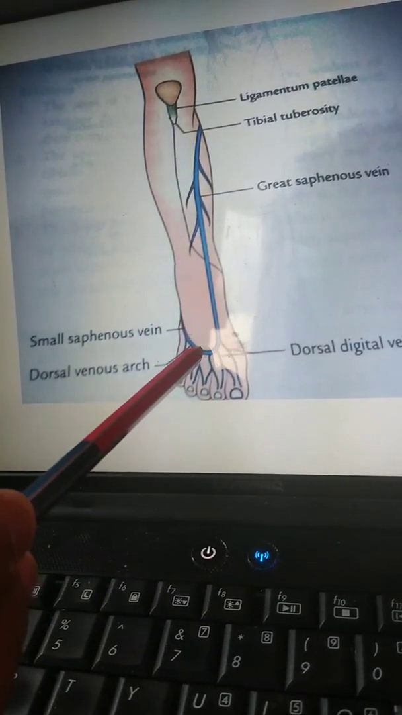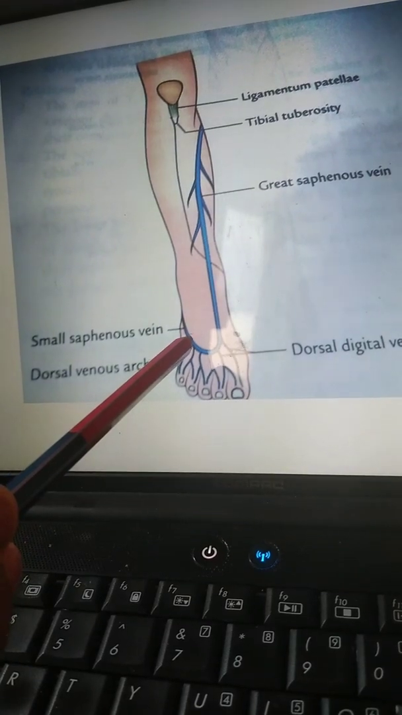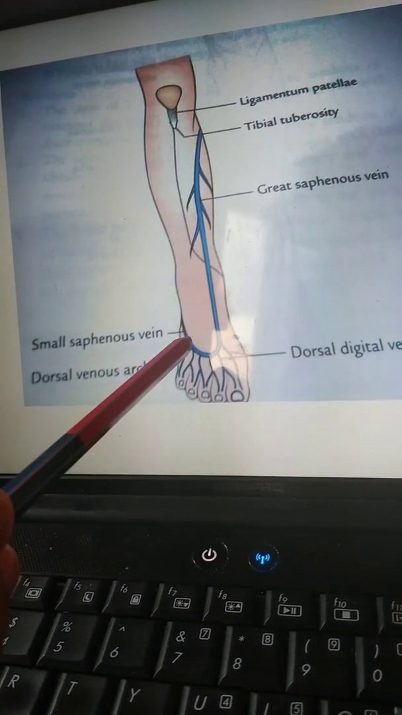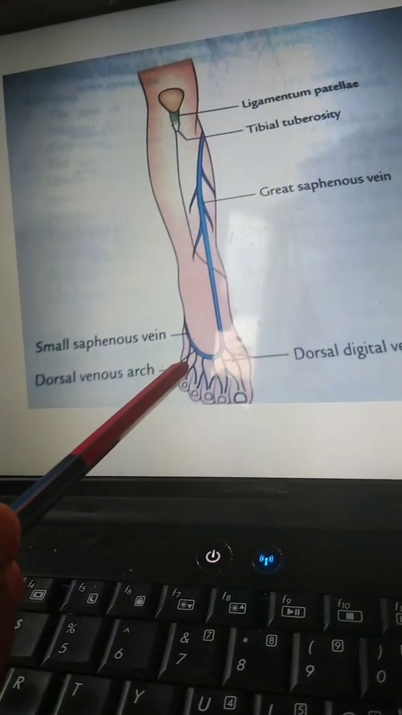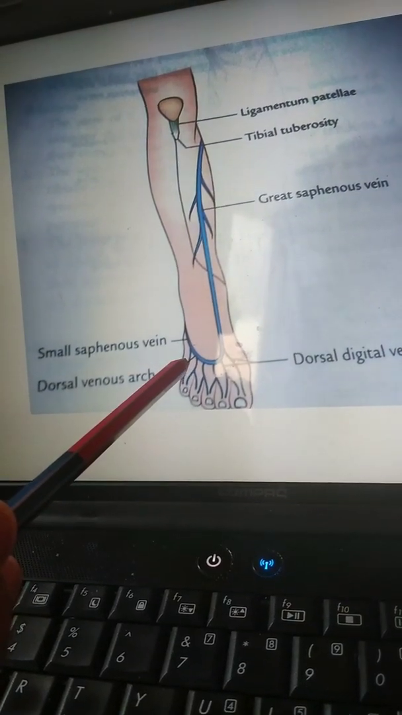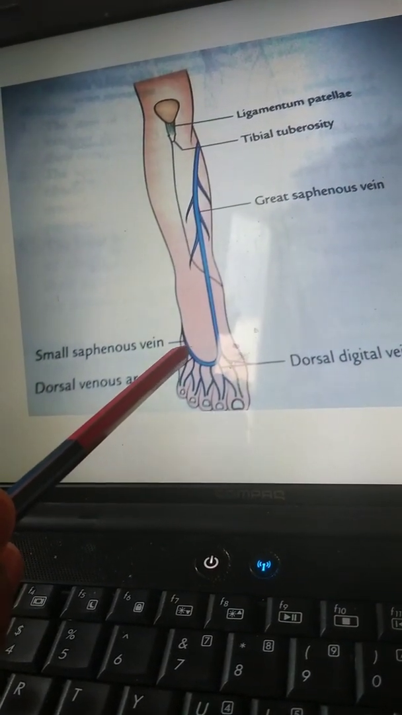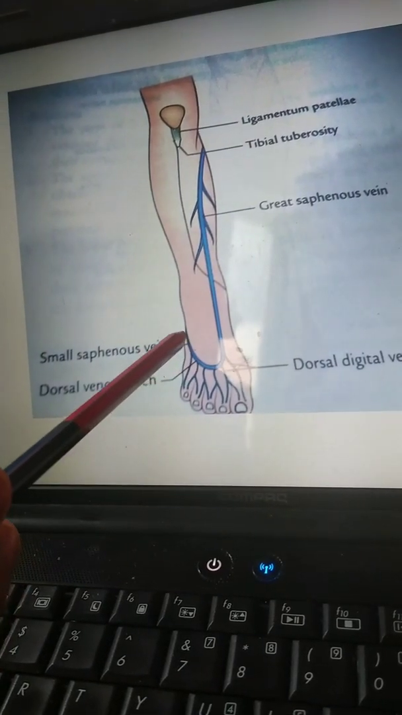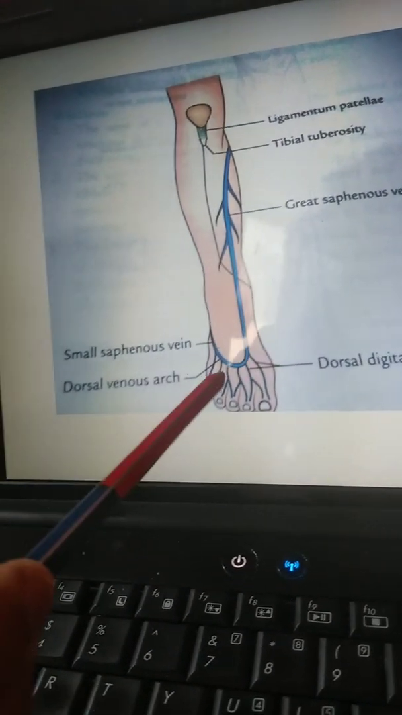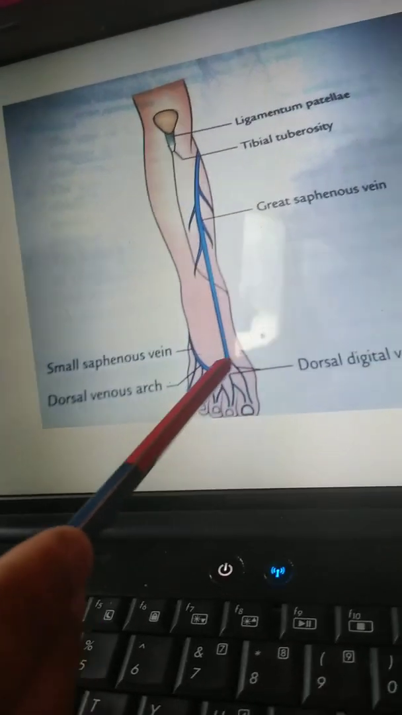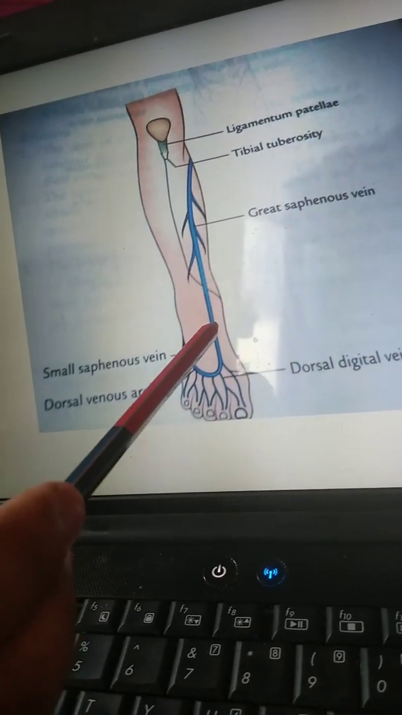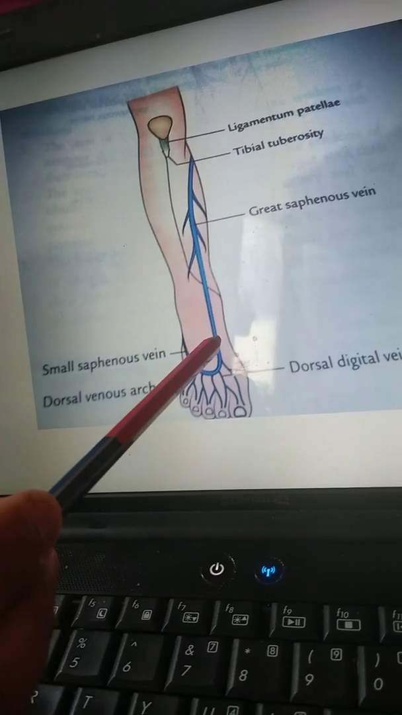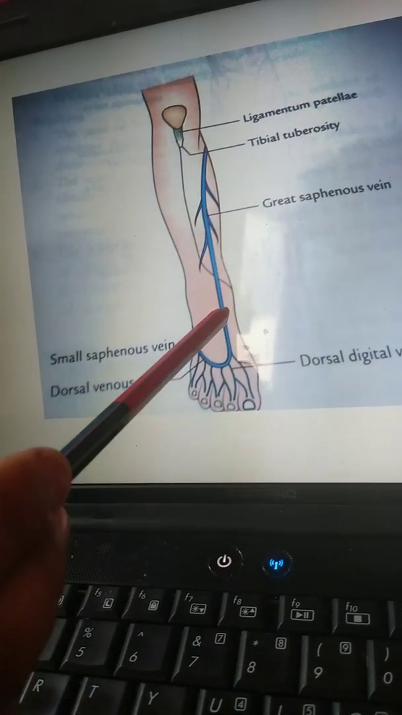and the dorsal digital vein on the lateral side of the little toe joins the lateral end of the dorsal venous arch to form the short saphenous vein. Now, the great saphenous vein passes upwards in front of the medial malleolus, crosses the lower 1/3 of